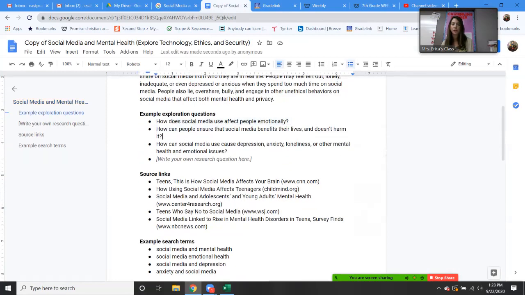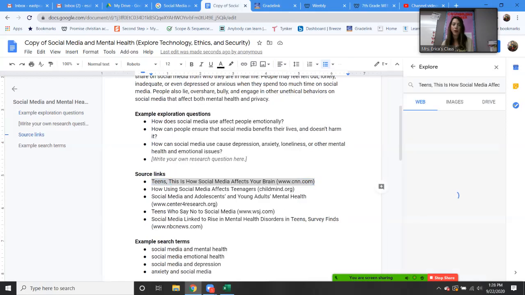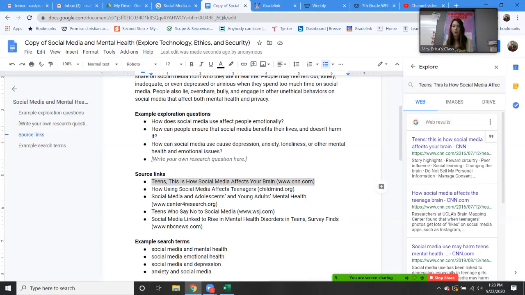So in this one, it says, how does social media use affect people emotionally? How can people ensure that social media benefits their lives and doesn't harm it? How can social media cause depression, anxiety, loneliness, or other mental health and emotional issues? So what you're going to do is they have a bunch of links here. So if you right click on it and you just click explore, it should pop up on your side here, and it's links